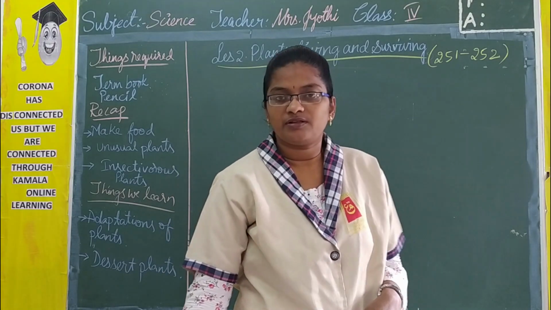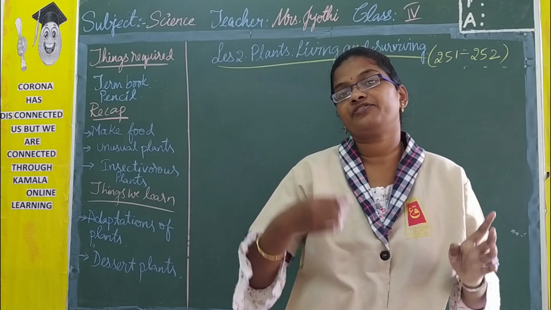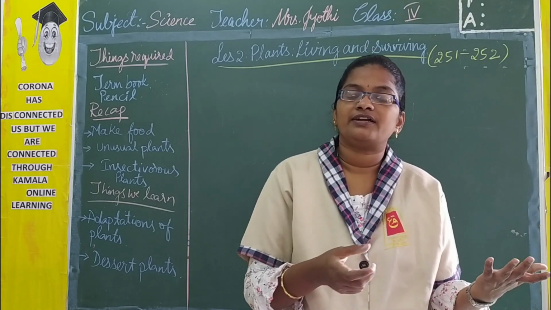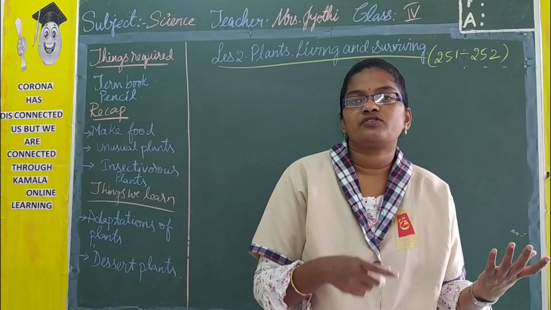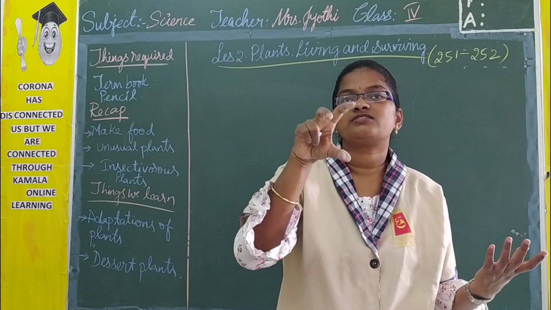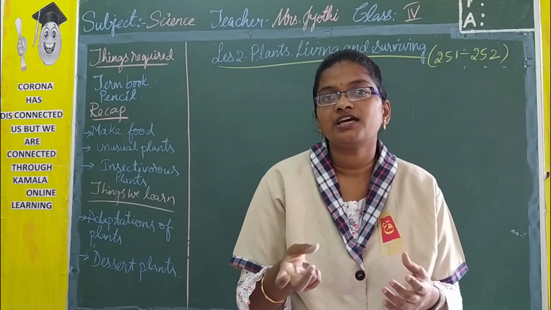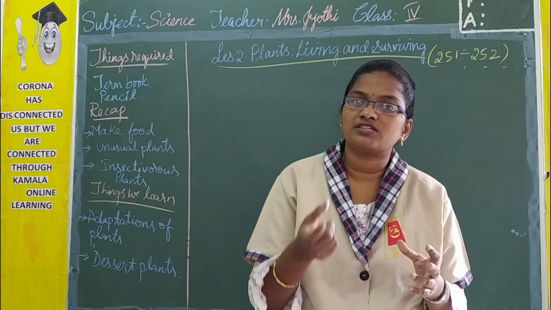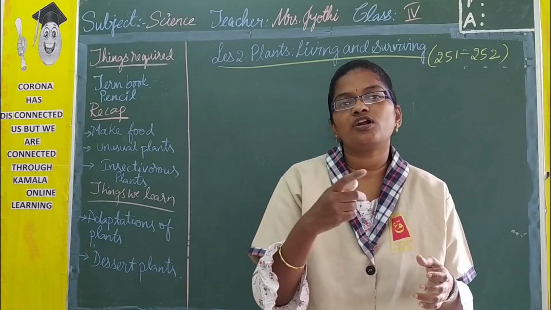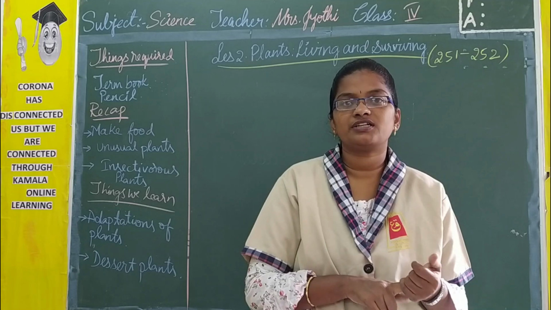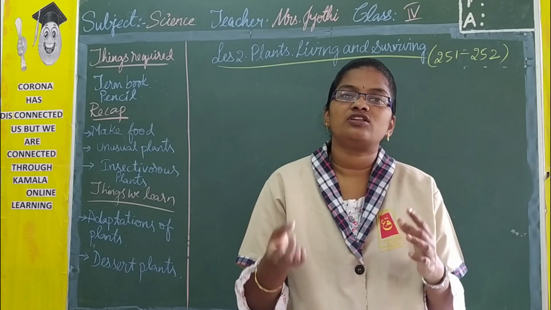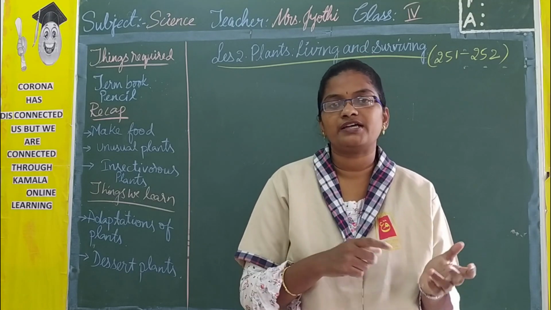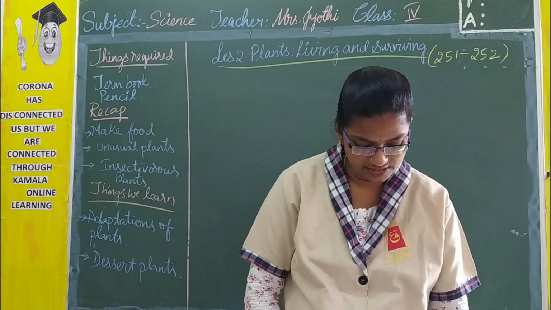Now if you see the plants which grow on land, again there are different types of soil and different types of climatic conditions, like where there is very hot condition and where there is very cold condition, where a few places have continuous rainfall and a few places do not receive rainfall at all. Just once in a year they receive it. So based on the water, availability of sun, everything, these terrestrial plants are differentiated into different categories.